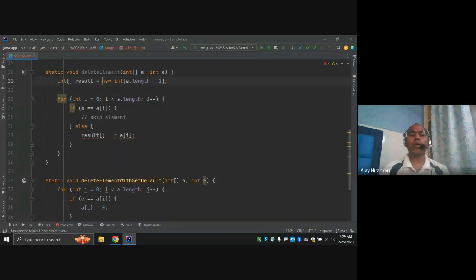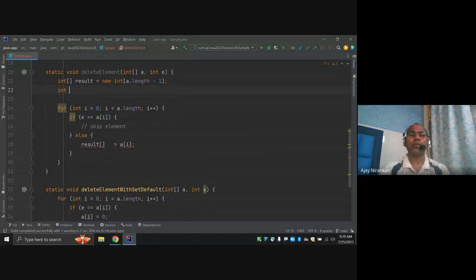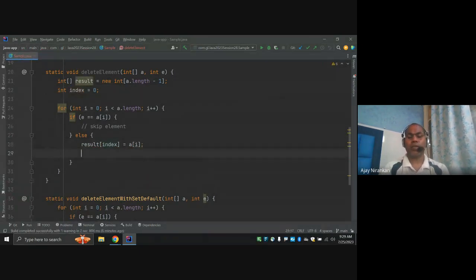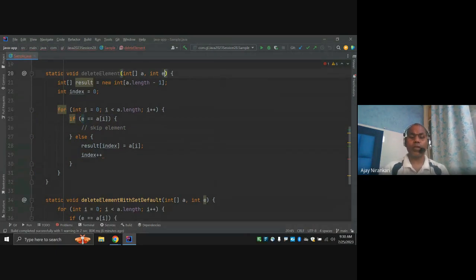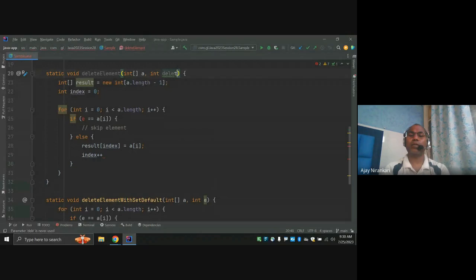So result index, let's start at the 0 position, right? Whatever the result index, go and start here, and just say index plus plus for the next index. So here I am checking the deleted element. Could be, this is a deleted element, okay? Is deleted element